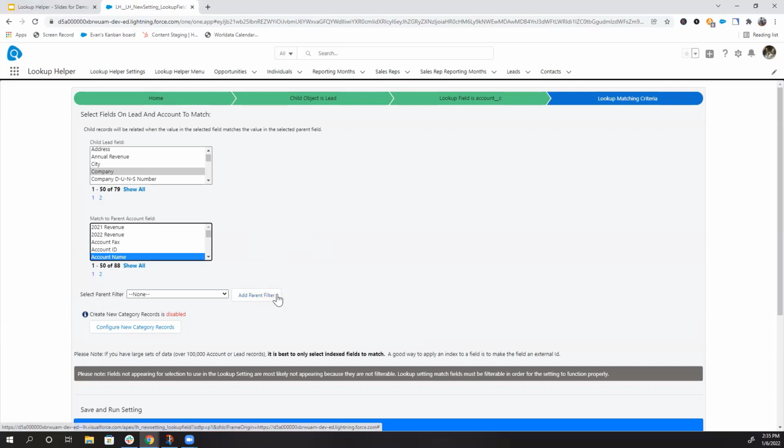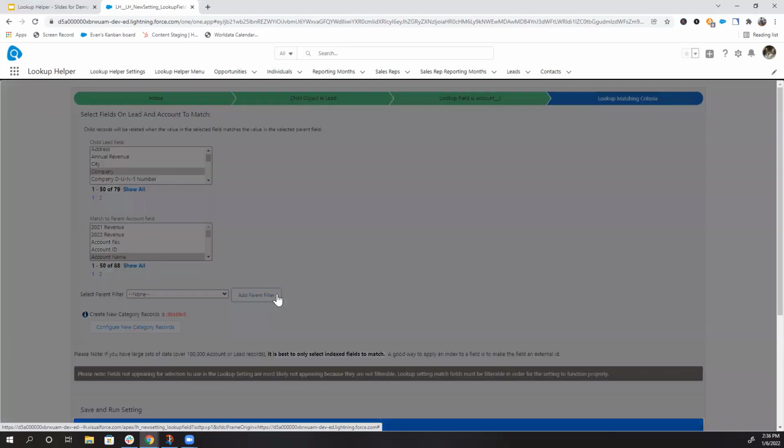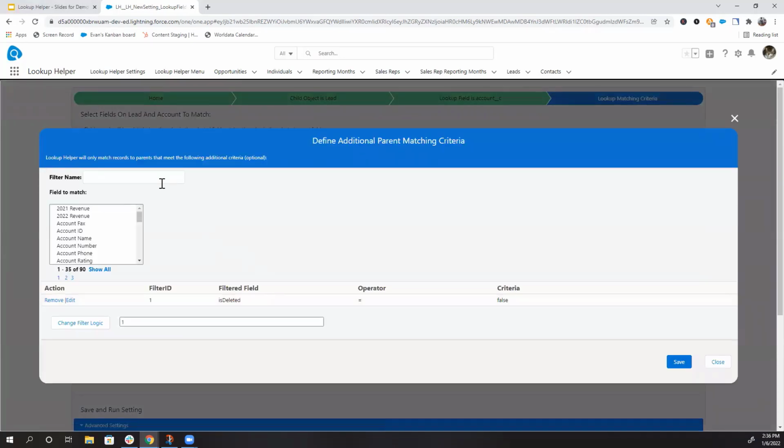Optionally, you could add a parent filter. The new parent filter feature allows users to apply additional matching criteria to the parent object. This helps narrow down the amount of matching parents, which gives the user more control. While creating or editing a setting, users can either create a new parent filter or assign a previously created parent filter. To create a new parent filter, click Add Parent Filter, give it a name,